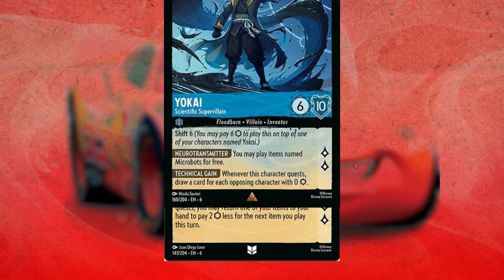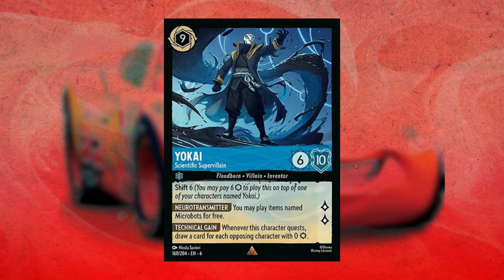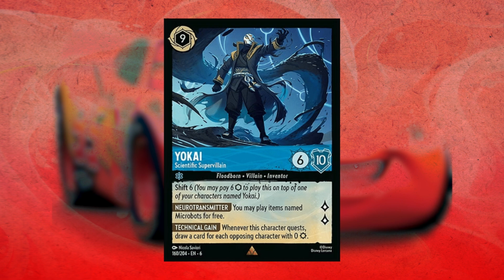To stay on theme, we also have Yokai's scientific supervillain. While the feel is vastly different, there's still rhythm to the piece yet again established by the nanobots. They overlap and pulse from the torrent behind Yokai in similar patterns to establish a tempo. And if you look at Yokai's outfit, they even extend from his form to mimic ink, leaving his body and making him look literally floodborn from the interaction with Lorcana's ink.